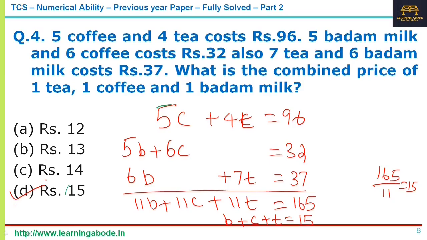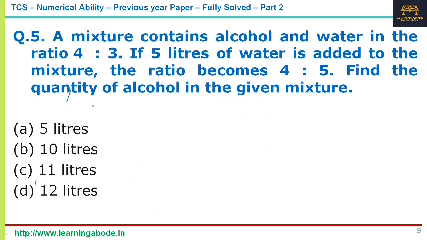plus 1, or if there are two variables, 1 plus 1, or when you instead of adding, maybe when you subtract, or when you make one equation twice and then you add the other equations, like that. Okay, so some way or the other you will get this 1 plus 1 plus 1 if there are three variables, or 1 plus 1 in case of two variables. Okay, and that will be something very obvious. The answer is option D.